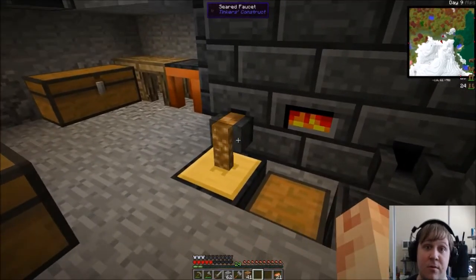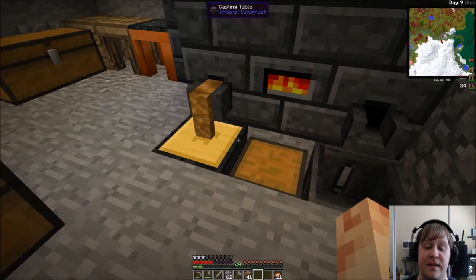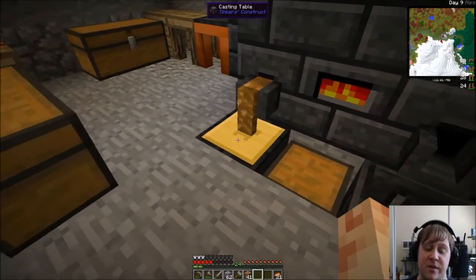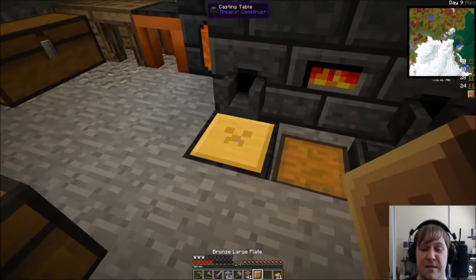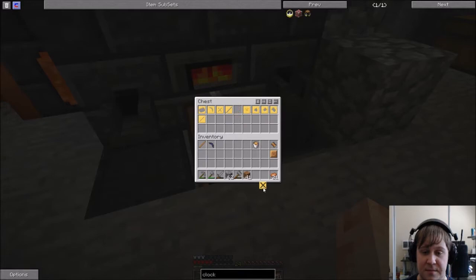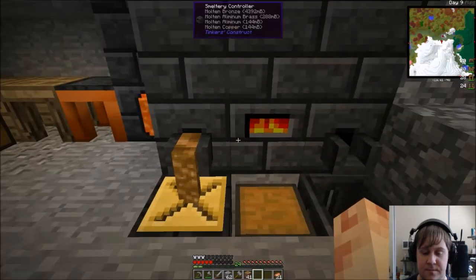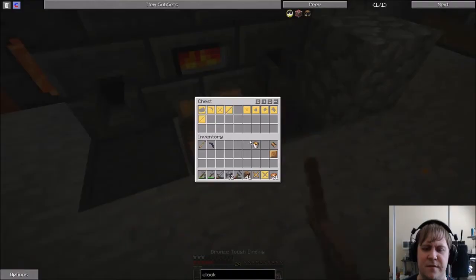But I'll definitely be making one plate out of bronze, because it gives it a lot of durability. And I'll be making better tools later, I'm sure. These are an intermediate set of tools, but it's something to keep useful. Let's get a tough binding. There we go. Actually, I'm just gonna make it all out of bronze. For this set, I don't have...